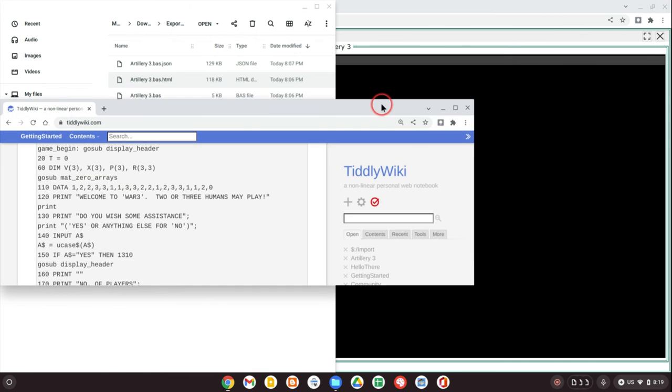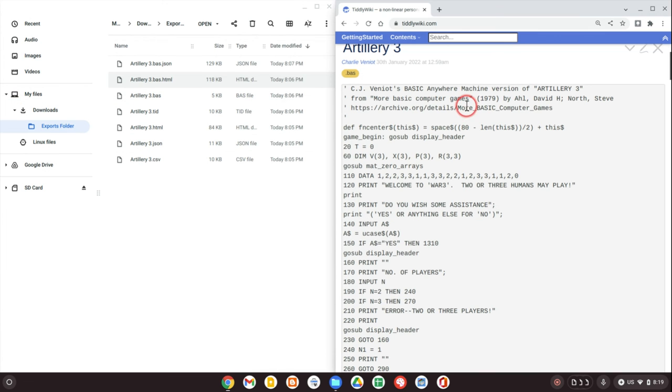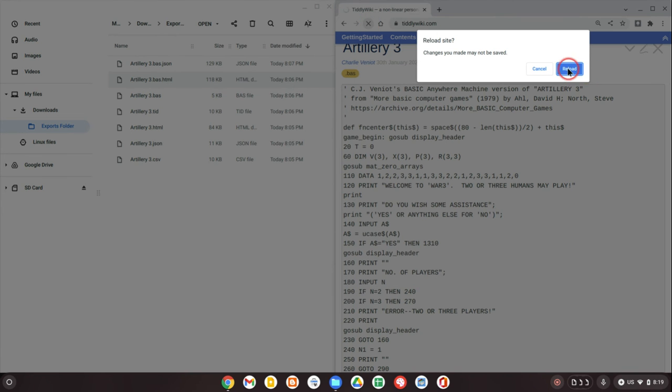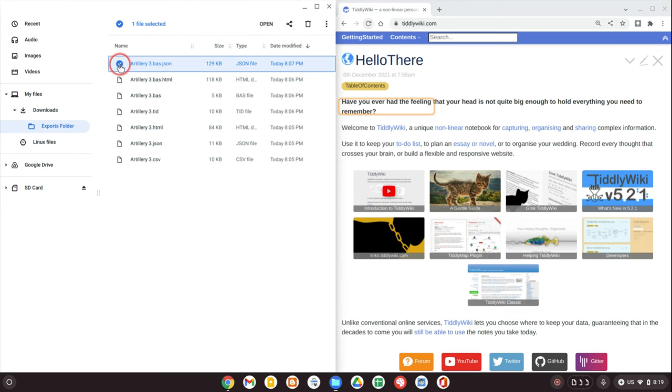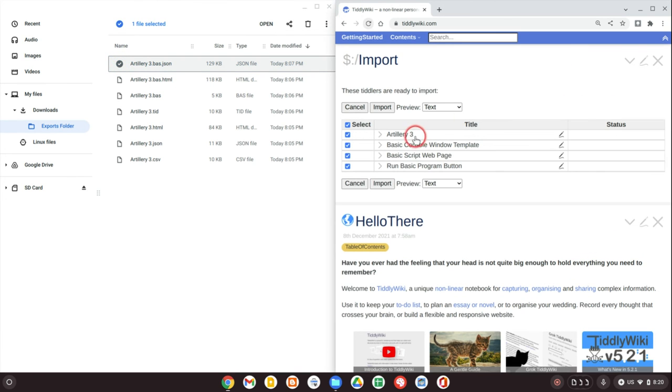And finally, the BAS.JSON export I created. Let's refresh our TiddlyWiki and let's drag this over for import, and we see that yes, it brings our basic program, artillery 3. This is the example we've been using in this video, but it also includes some other tiddlers that are needed to be able to run this program in another TiddlyWiki instance. So let's proceed with the import,